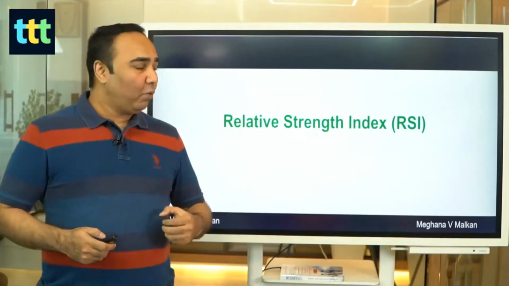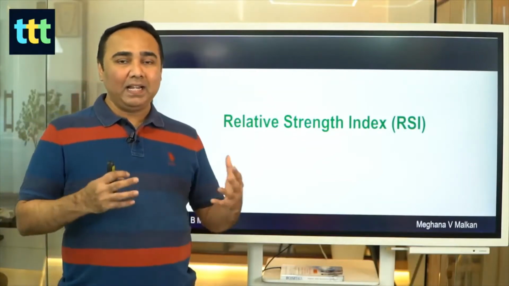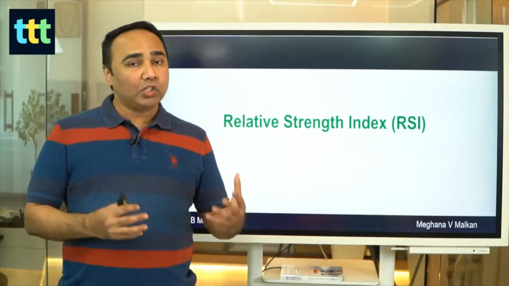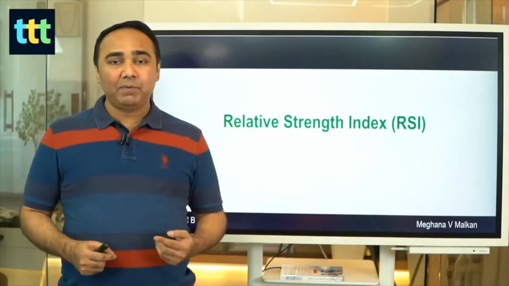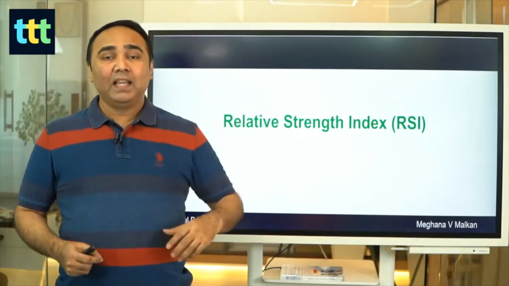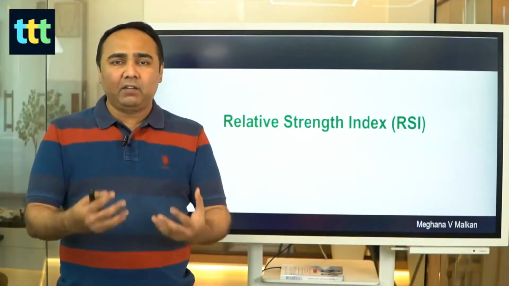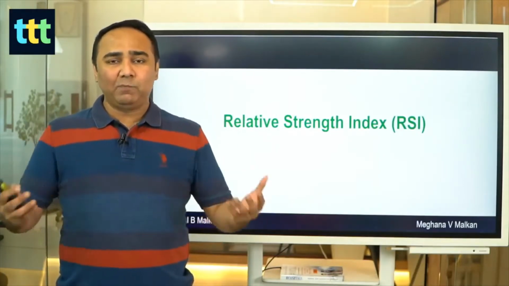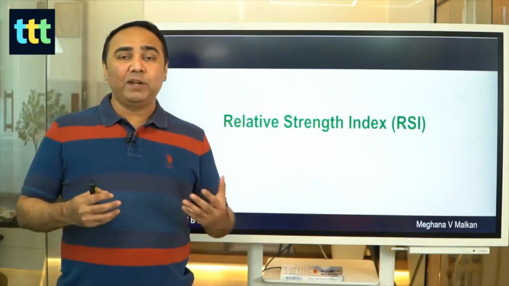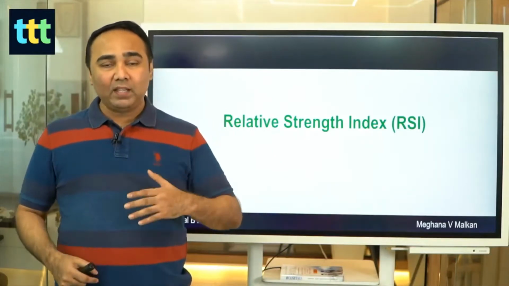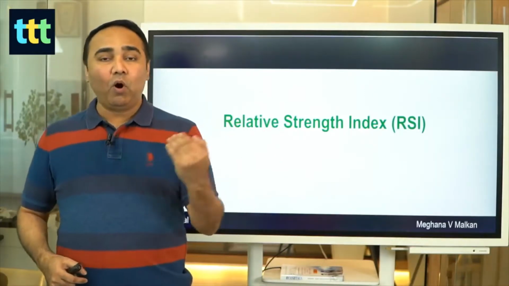Start with that. What is RSI? RSI is a momentum indicator, or we call it a momentum oscillator. We did a previous episode where we said what oscillators are, and it measures the speed of the market. Like you have a speedometer in the car, RSI is like a speedometer of the market. So it will tell you whether the markets are going fast or slow or medium, right?